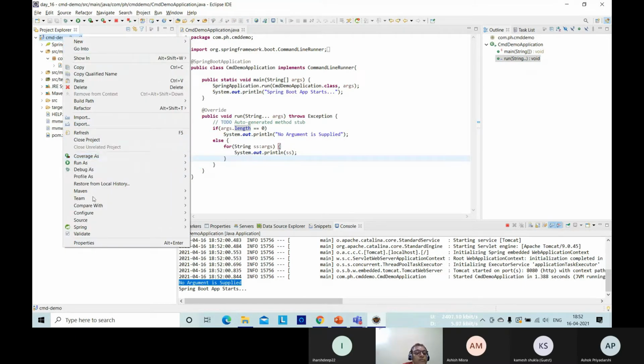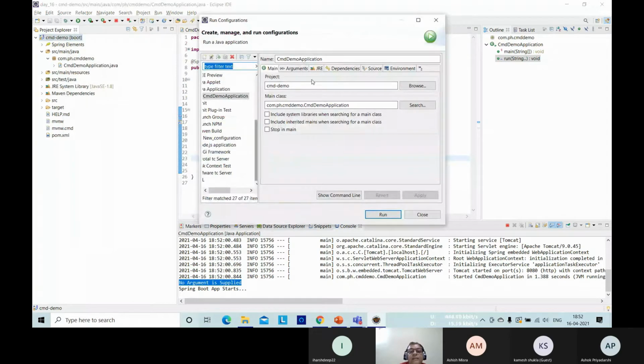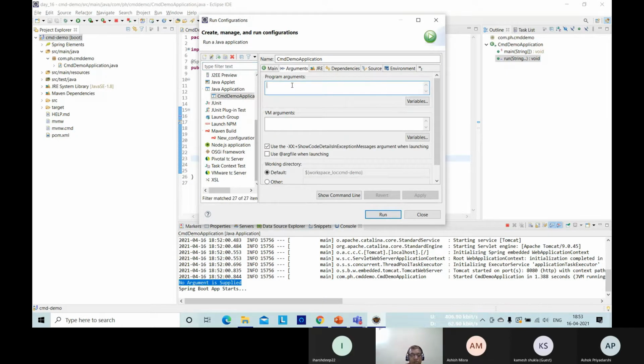Let's try one setting. Why was it not coming? Run, CMD demo. Here is the argument. See here, our Java application which is running is CMD demo. So here you have the Arguments tab and you write some message: Hello, this is command line argument, and say Apply.